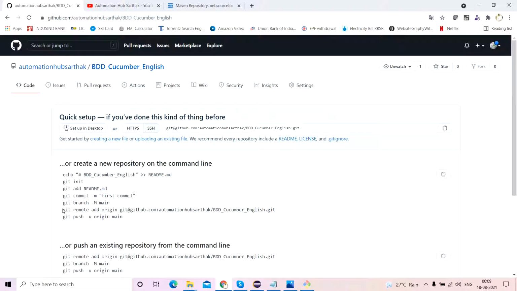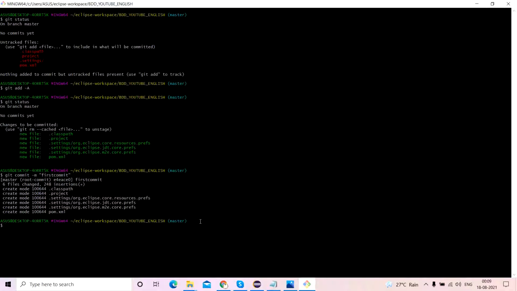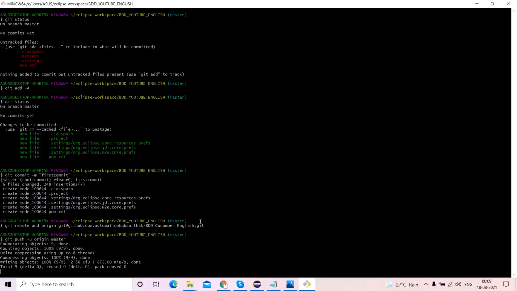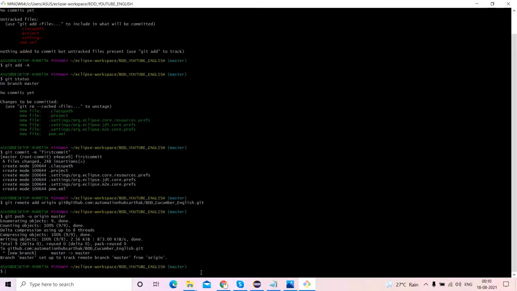So I'll be needing this .git path. So I've committed. Now I will add this. Okay, cool. So now I should be able to put it in the master.